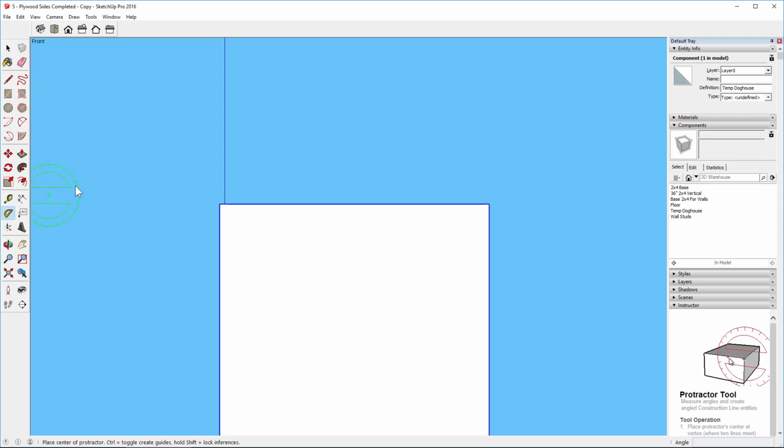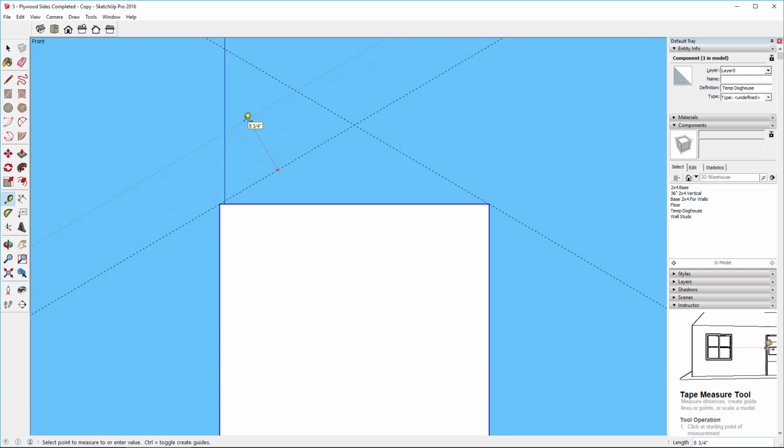So I'm going to start with the protractor, select this endpoint, and then it wants to know the 2 rays of the angle. So I'm just going to select anywhere along this top horizontal edge. Then I'm going to pull up, and I could just click somewhere, but I need to know what it is. Down in my measurement box, it's telling me right now it's 45, but that's a little steep. I'm just going to put in 30 degrees and hit enter. Then do the same thing on this side. Come across horizontally, type in 30,